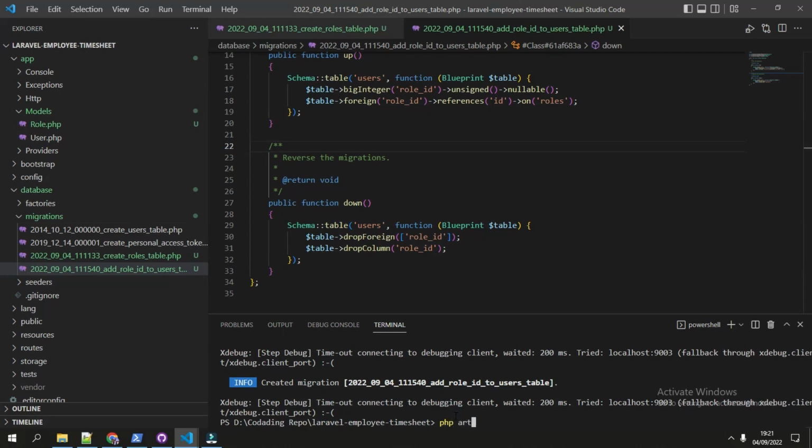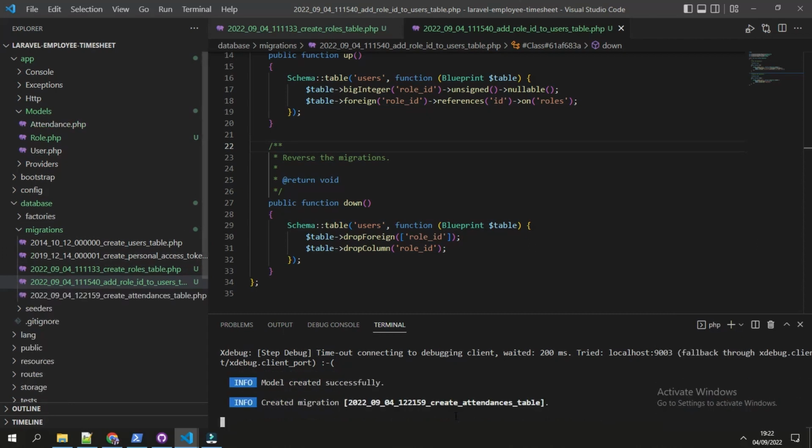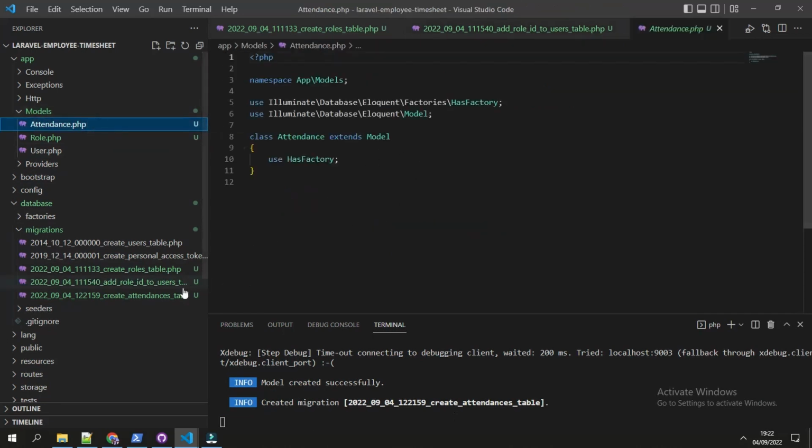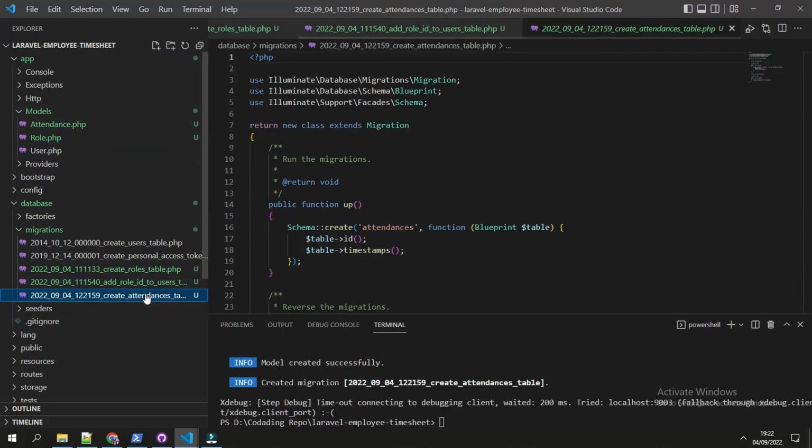We're creating a model with php artisan make:model Attendance, and we are also creating the migration script. Now we have the new attendance model and the new migration for creating the attendance table.